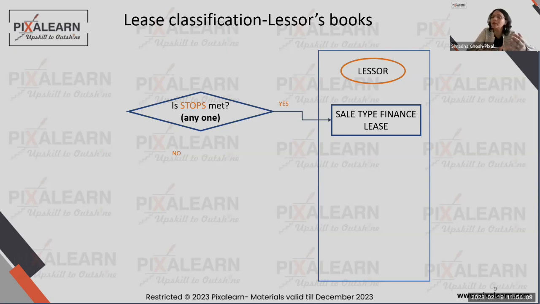Is the PV of the amount that is being paid by the lessee to the lessor equal to or greater than 90% of the fair value of the asset right now? And if the asset is going to go to you for more than or equal to 3/4 of the value of that expected tenure of that asset. If any of those criteria are met, the lessor is going to treat it like a sale type lease.